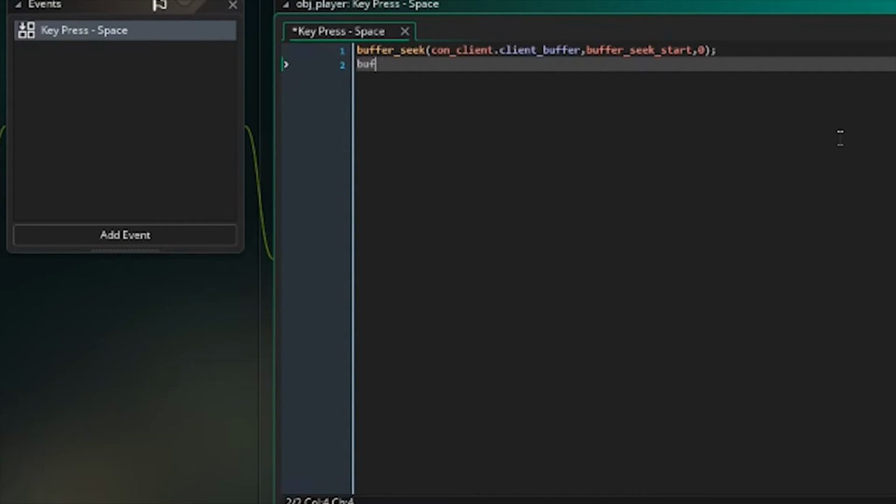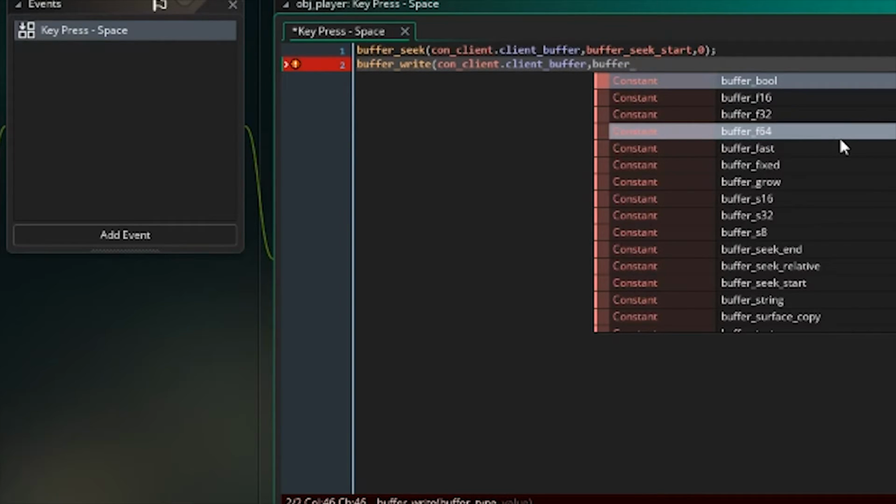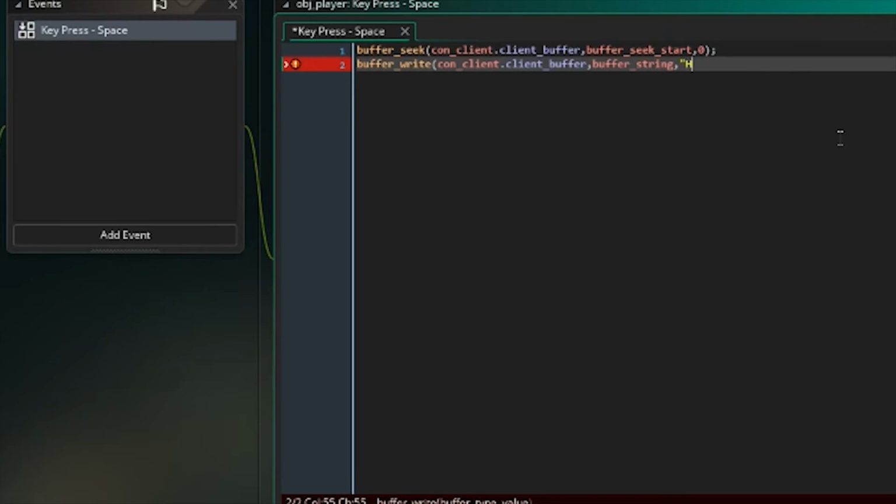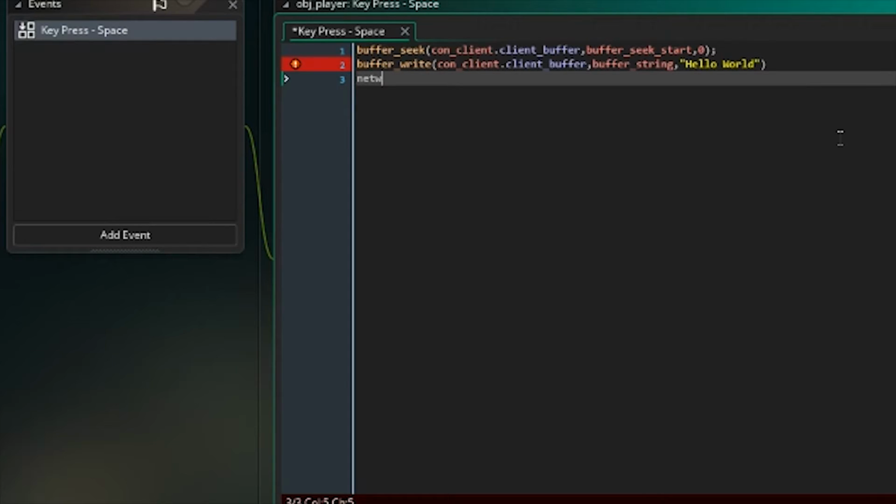Then we're going to say buffer write. Kind of like INI files, you write and you read. Write, again, con client.client buffer. So our buffer from the client. And then we're going to say buffer string. And we're going to give it the value of hello world. And then we're going to say network send packet. And we're going to say,